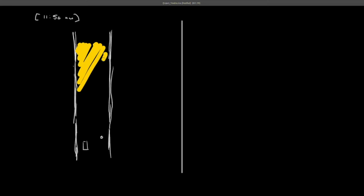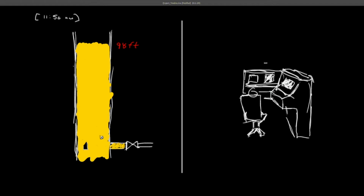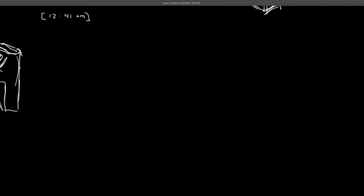11:50 p.m. The level in the tower reaches 98 feet. Due to poor positioning of information on the operator's control screens, he was unable to clearly tell that the flow into the tower was higher than the flow out of the tower. 12:41 p.m. An alarm from the tower indicated high pressure in the tower, prompting the operators to manually open the